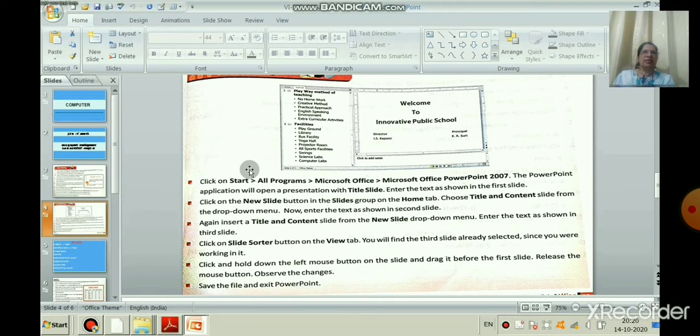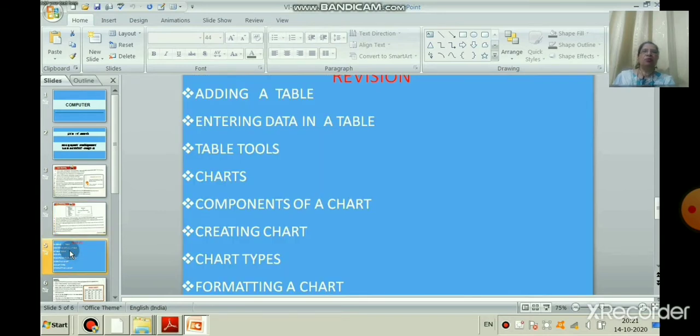So, to select any shape object, click on the shape, click the Fill button in the Drawing group on the Home tab, select any color, and you can fill the color. To maintain the shape height and width ratio, you have to hold down the Shift key while dragging the shape. If you want to select more than one object, you have to hold the Shift key while selecting the objects.